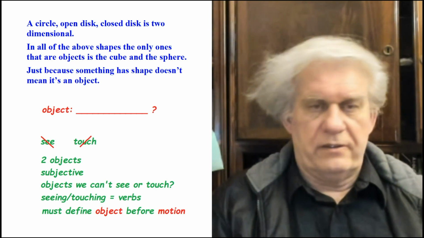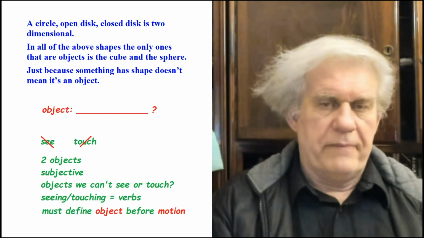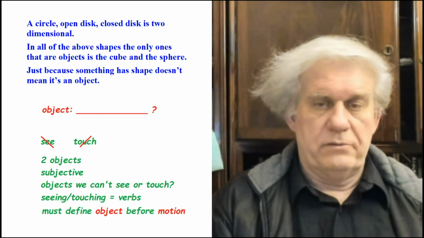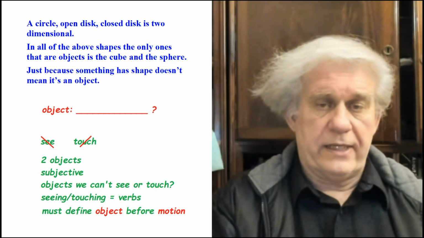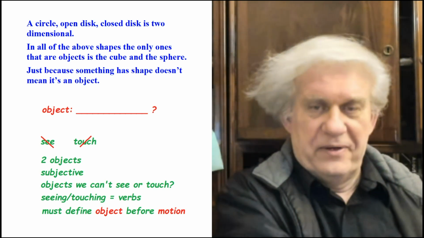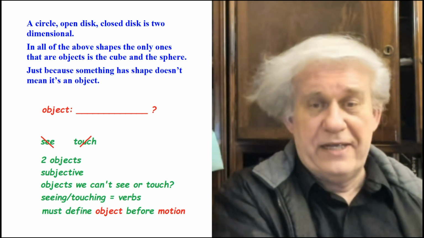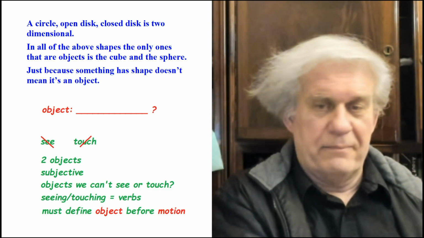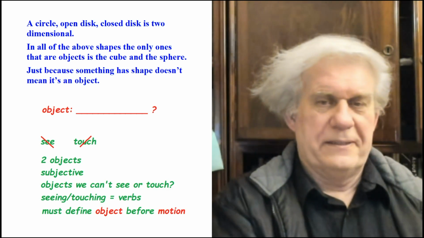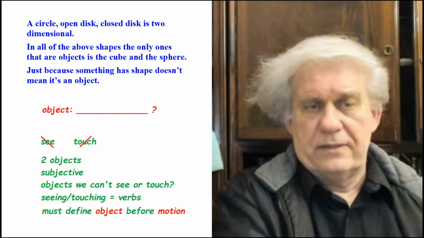A perfect sphere, a perfect cube, is only in our imagination, and we can only do it through a projection. We cannot have a perfect sphere out here. Even if you do it with lights, in other words, a hologram, you won't have a perfect sphere. Okay, and so yeah, we can't.